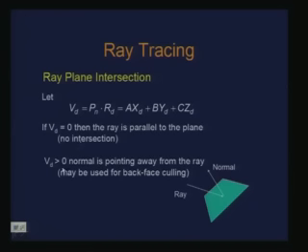If it is not, there is another condition which is also useful. Let us say this is the ray direction, this is the plane which I am considering, and this is the normal to the plane. Now, this Vd, which is nothing but the dot product of the normal with the ray direction, if it turns out to be greater than 0, what does it indicate?